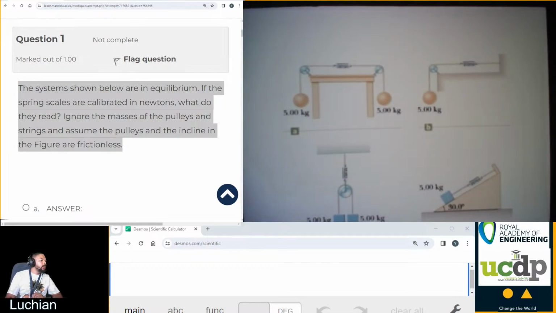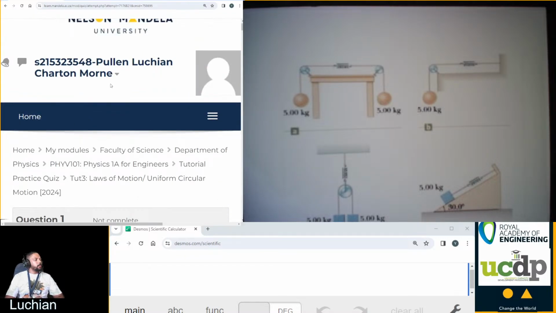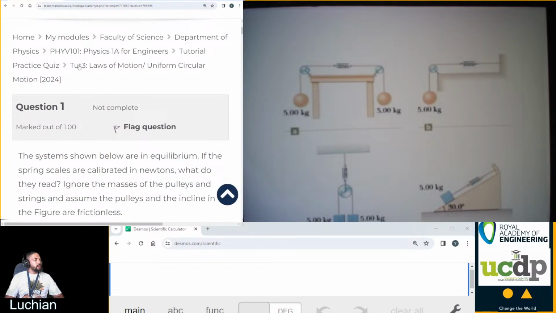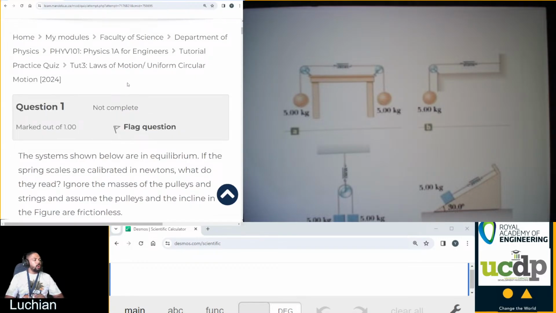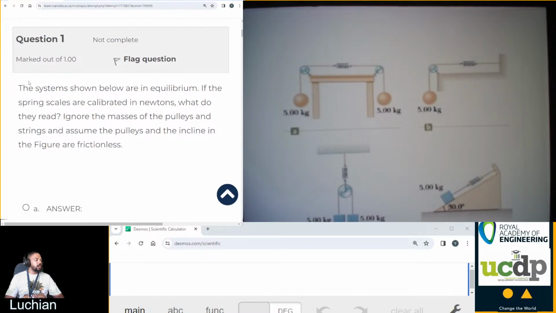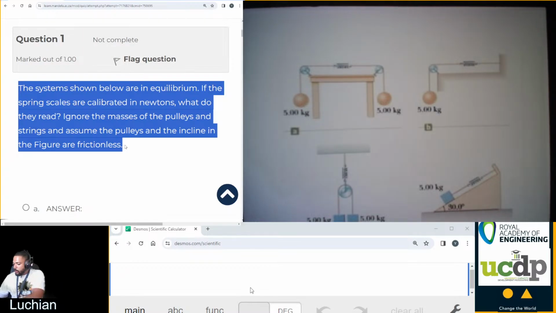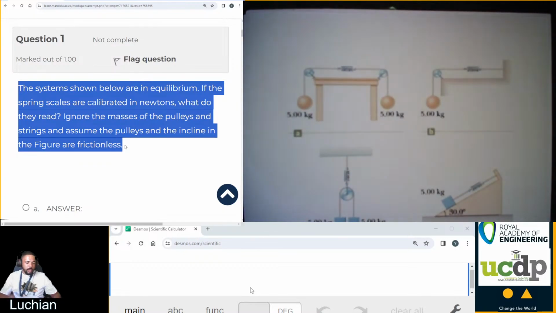Today we will be covering tutorial number 3, question 1. This tutorial is on the laws of motion and uniform circular motion. Now I'll be doing questions 1 to 5, while tomorrow Arnold will be doing 6 to 10, and then on Thursday we'll have James finishing up with 11 to 15. So today, question 1